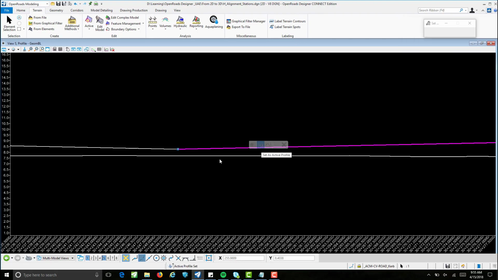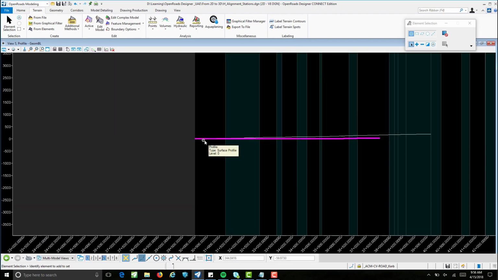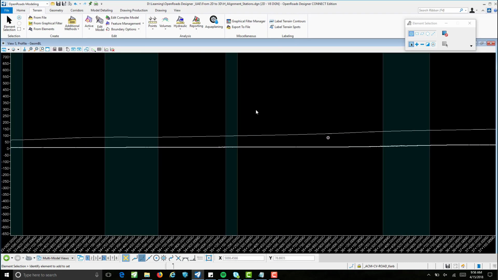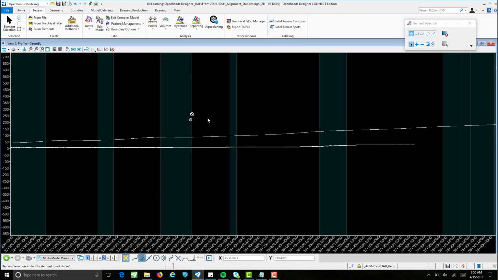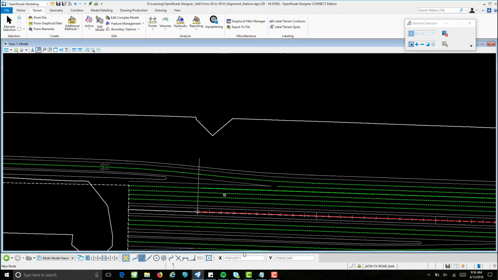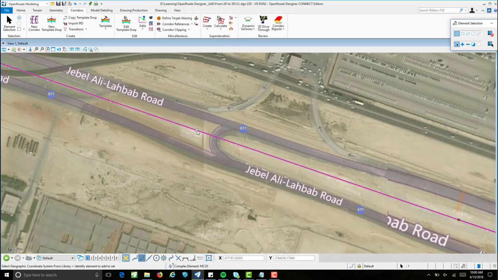So once it becomes active, it will be the 3D line which you can use for your corridors. Yeah, so we've got our profile. It should be exactly the same as our. So now we go back to our